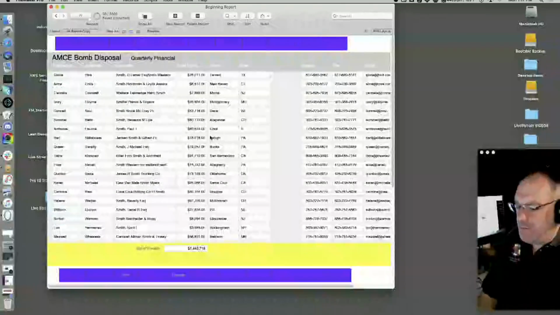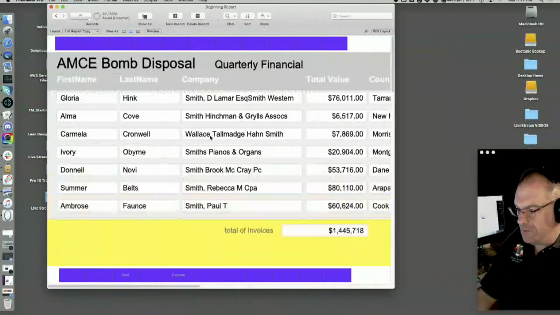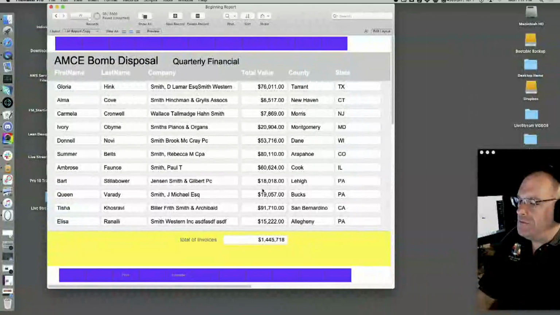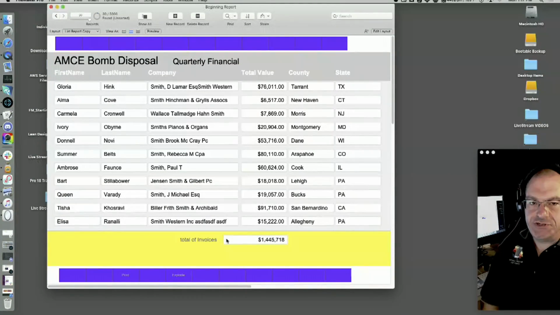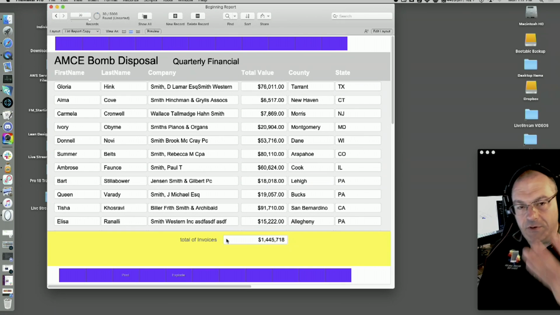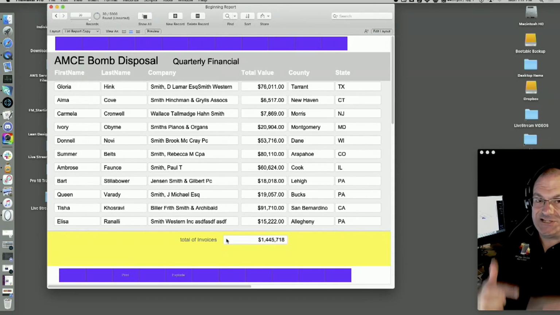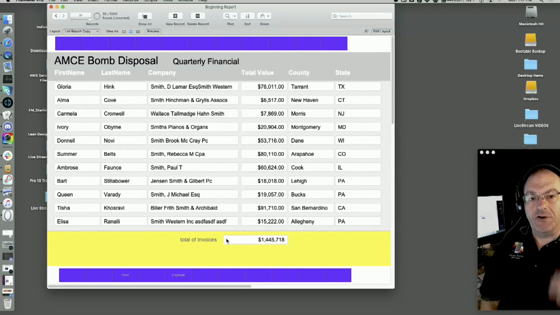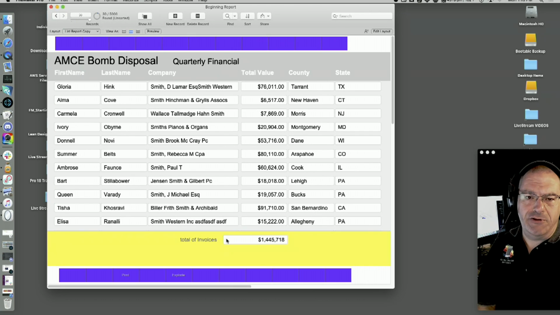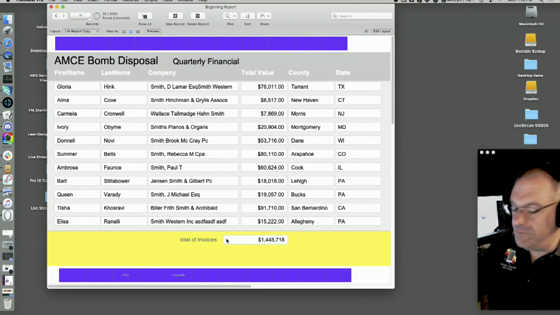What's interesting about this report, if I zoom in, whoops, that's a little too much zooming, is that you've got a total down here at the bottom. Now the totals can show up in the last page. Technically, you could put them in the header or the footer, so they'll be at the top or bottom of each page, or potentially just at the bottom of the last page. Headers and footers are in every page, whether you print it or it's a PDF. People say, I don't need to do that because I don't use paper anymore. Okay, but you use PDFs, right? Or you're just high, whatever. But everyone still does this.